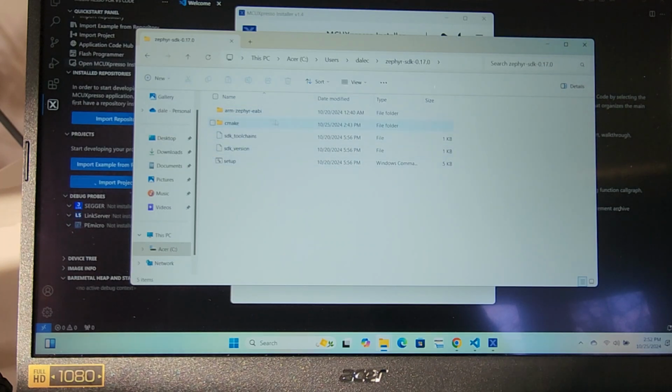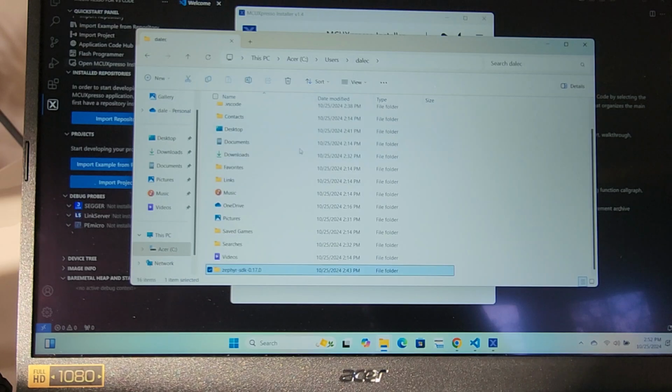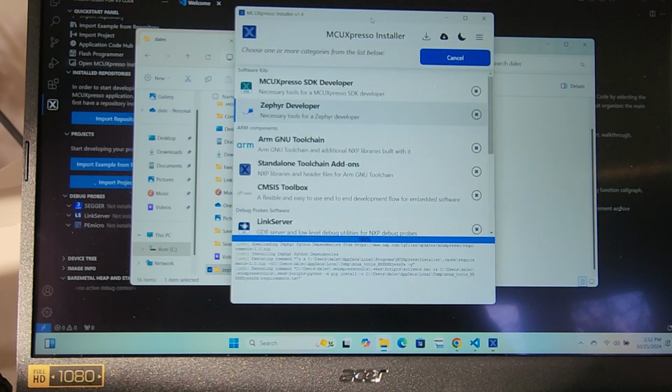short. If you try to do this West install off of the zephyrproject.org website and you do their methodology on the quick start guide, you'll get a bunch more architectures and SoC that you would be able to work with. But for right now, the NXP tools are just focusing on their install requirements. So we've got that set up in that folder system, and I'm going to hit cancel on this for right now